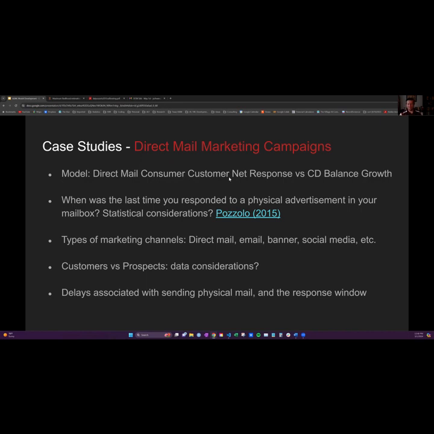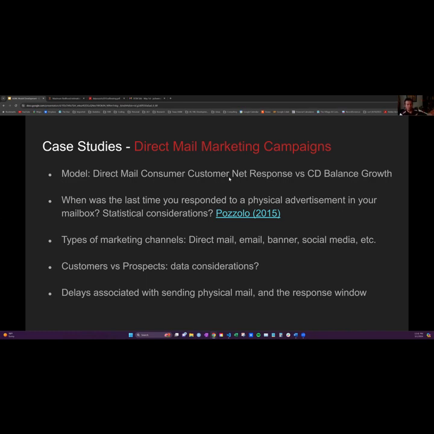And then also, by nature of sending physical mail, there's a very serious time component, where it takes a month for us to send all the mail out. And then we give them a 3-month window to respond. And if they have to go into a branch, that's another time component. So that really affects the response window. When we are pulling in all the predictor variables, we need to account for that at the time of them receiving the offer, even though the response might be some point in time later.